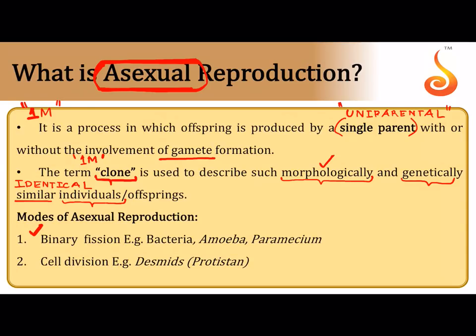We have binary fission in bacteria and protists like amoeba and paramecium. We have simple cell division. When I say cell division, it may involve mitosis, where one cell divides into two daughter cells, and this is seen in desmids, which is a protistan. It is not a protozoan, it is a protistan, and these are called desmids. Okay,